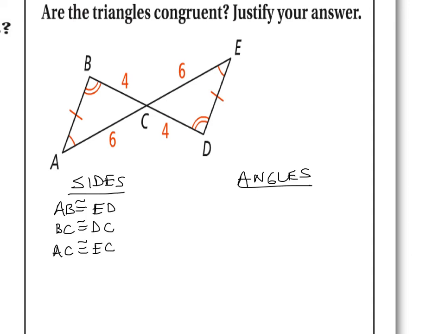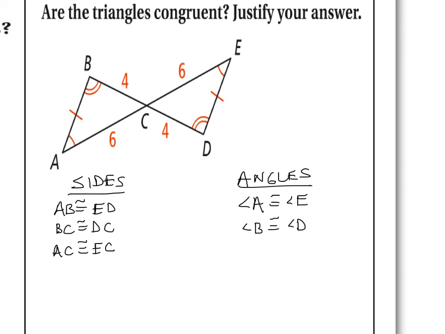Now the angles. The angle markings are a little bit easier because all I have to do is find the markings that are the exact same and name them. So that has a single, that has a single. So angle A is congruent to angle E. This one has a double, that one has a double. So angle B is congruent to angle D. And then the last one, the ones that don't have a marking here. Now on these two, I actually have to name them in 3 letters because angle C could apply to both of those. So